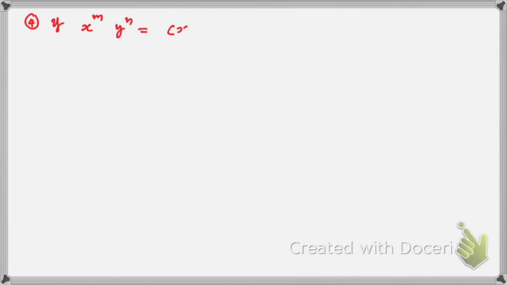Okay, look at this question now. If x raised to m into y raised to n is x plus y the whole raised to m plus n, prove that d square y by dx square is equal to 0. In fact, if you analyze this question, you will realize that it is not logarithmic. It's a simple product rule, chain rule kind of a question, also implicit,